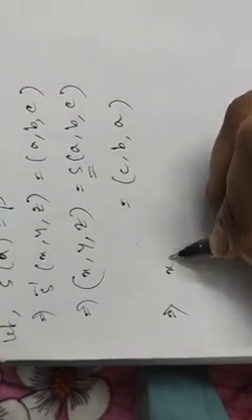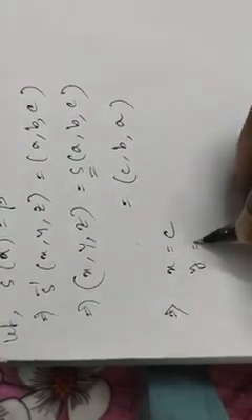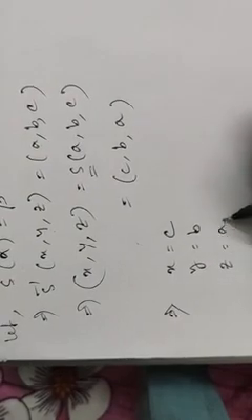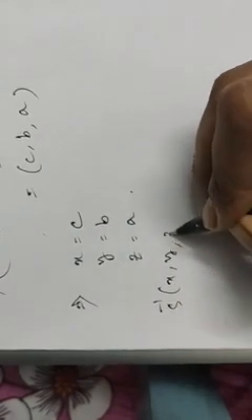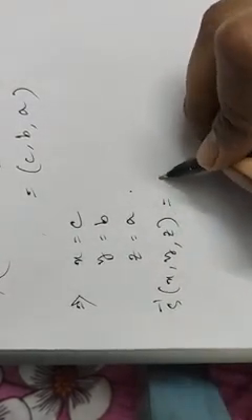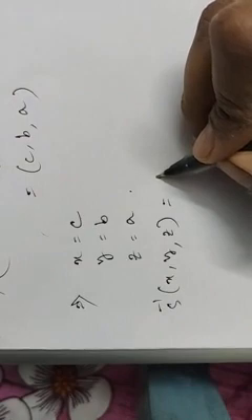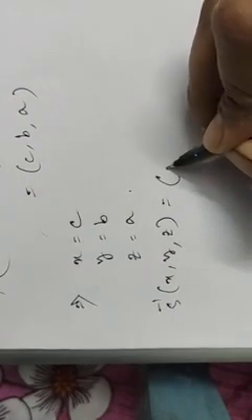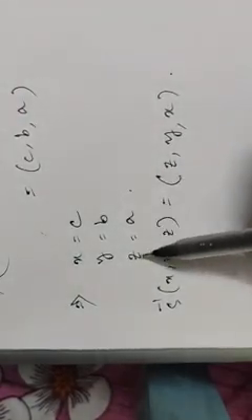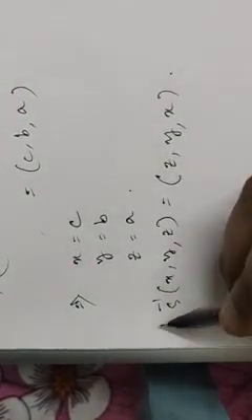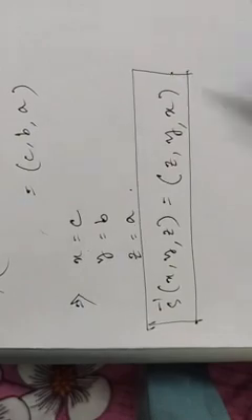XYZ will be equal to CBA. That is equating, what will you get? X equal to C, Y equal to B and Z equal to A. So from here what we can write, S inverse XYZ equals z comma y comma x, because that was ABC. So z comma y comma x, this one, this is the rule for S inverse.